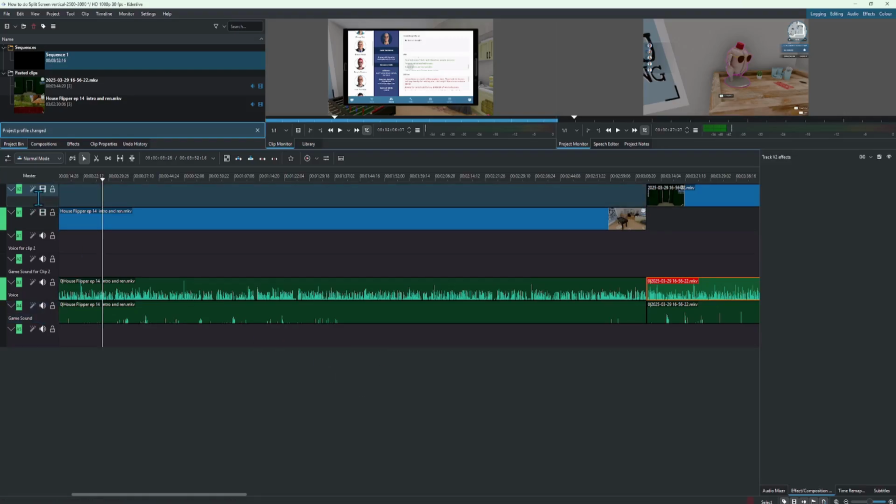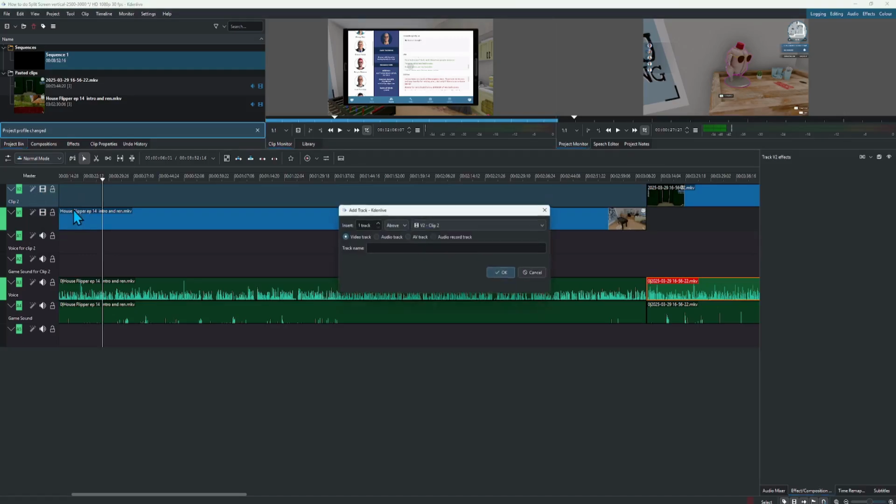Now I've got here 2 different video tracks. This comes as default, so I don't need to add any more video tracks. However, if you have additional videos, you will need to add additional video tracks, and it's the same process as before. You right click on the track once it's highlighted, insert track, and then you just make sure that you select video track, and then you can choose where it is. But obviously I don't need to do that, but if you did, you just put your track name in here